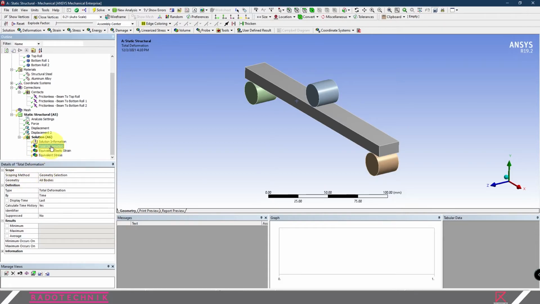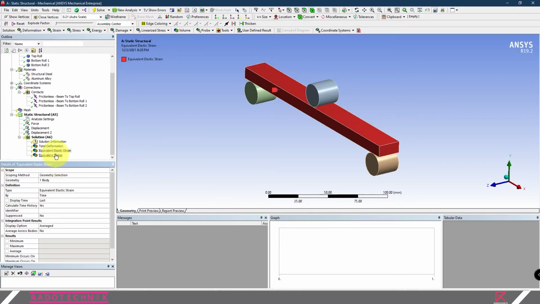So go to the Total Deformation, Geometry, All Bodies, select, and select this Body menu, and then click the beam, because you only want to analyze what happened in the beam, not in the roller. Repeat the step for the equivalent strain, select and apply the body, and equivalent stress, select and apply the body.